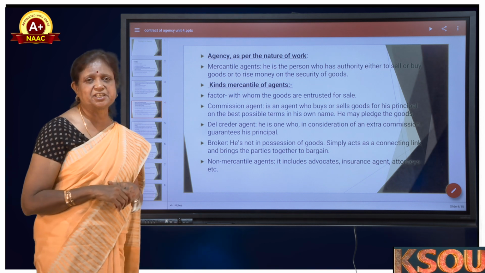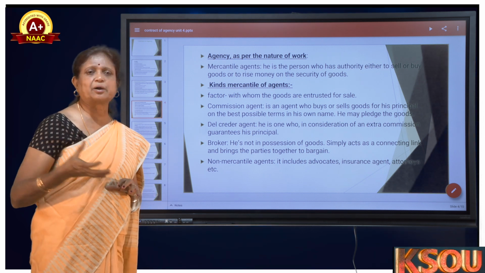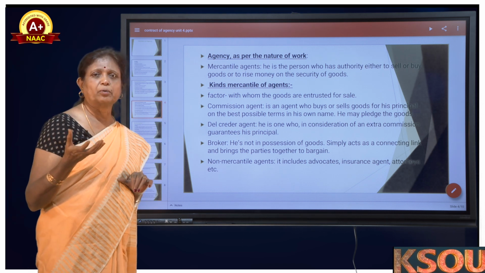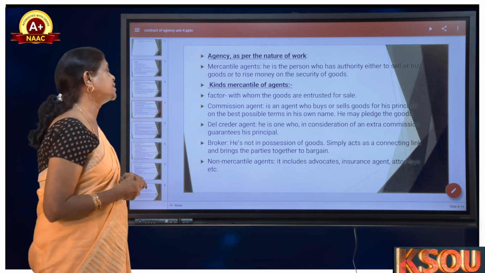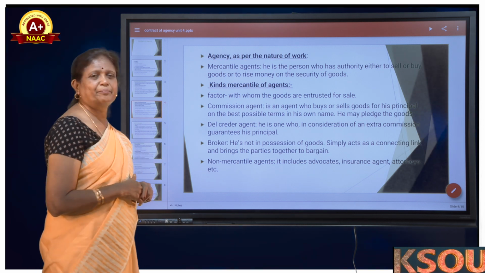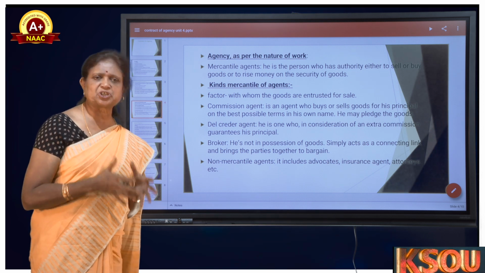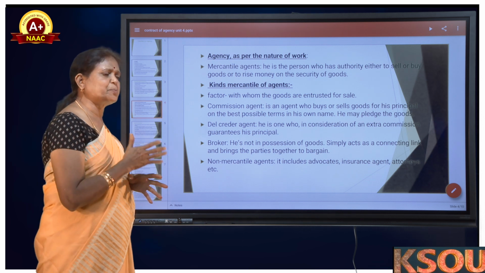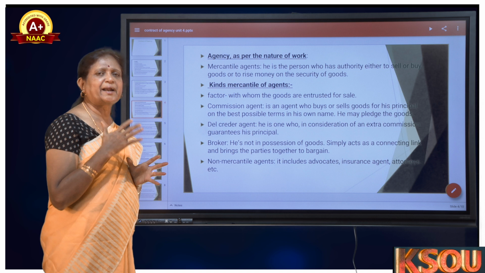Next, the del credere agent. A del credere agent is a person who acts for extra commission. Hence his responsibility is also more. He is more responsible for the acts of the principal towards the third parties. Then the broker. A broker is nothing but a middleman. He does not have any possession of the goods. He can only make a connection between the principal and the agent, or he can bargain with